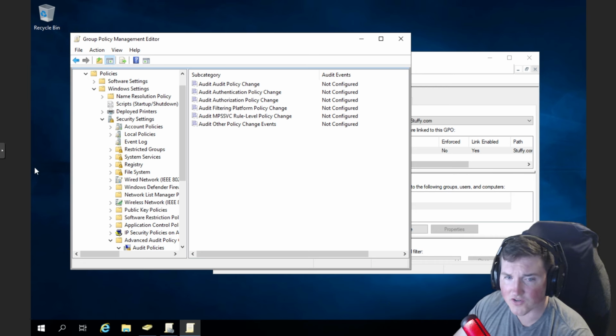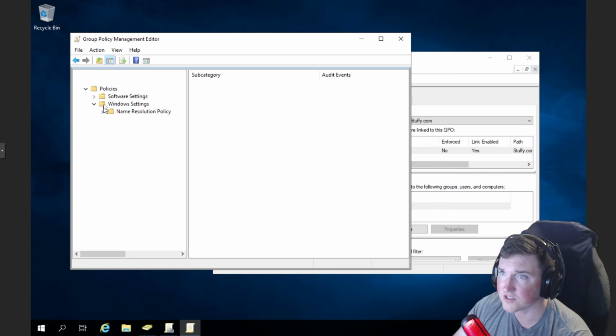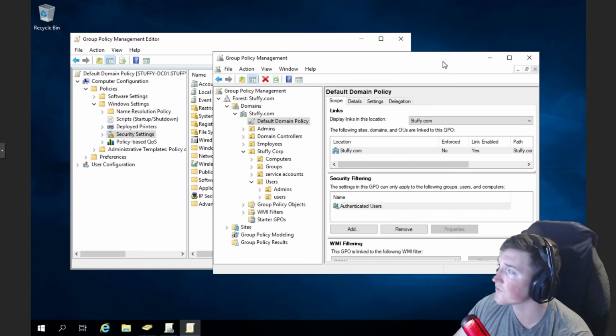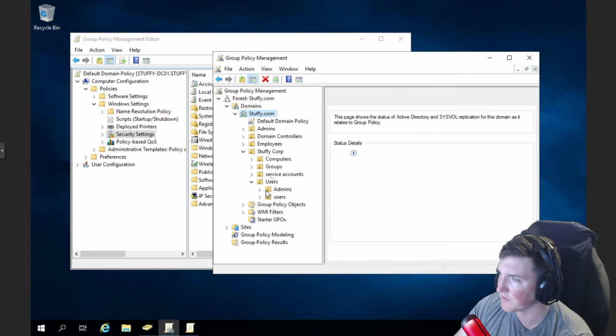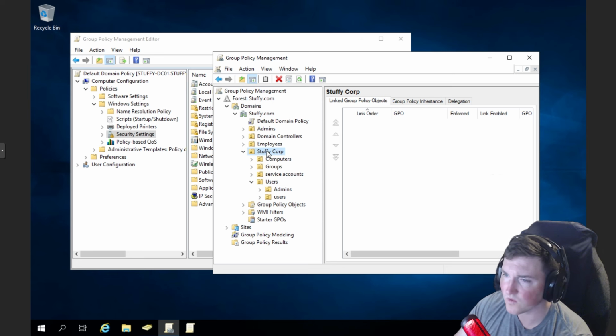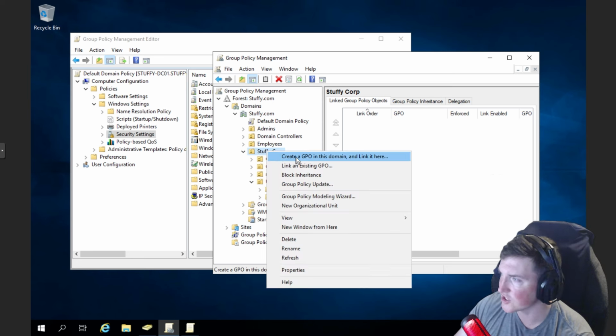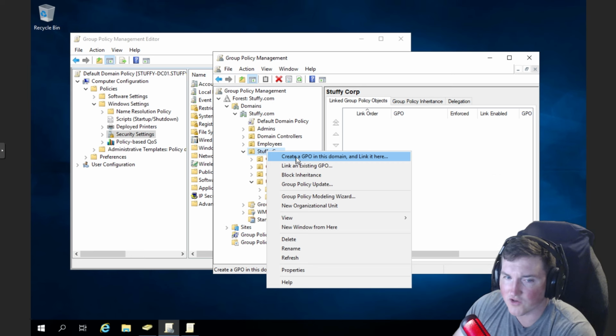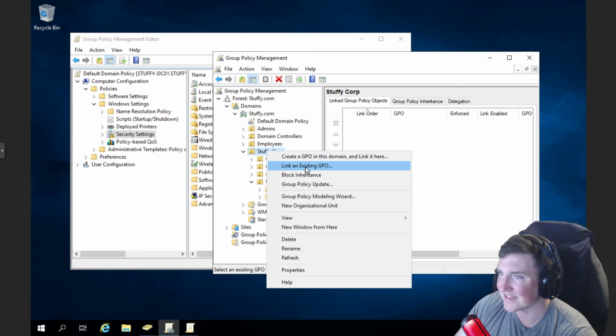But once we've actually created this, now we just have to go to the OU, which if we go back, right here, the OU we want. You can see we really want it to apply to Stuffy Corp, all of these. We want to go to this OU and say create a GPO in this domain and link it here. So do we need to create another one? No, we want to link an existing one,